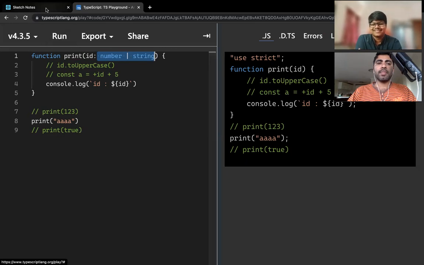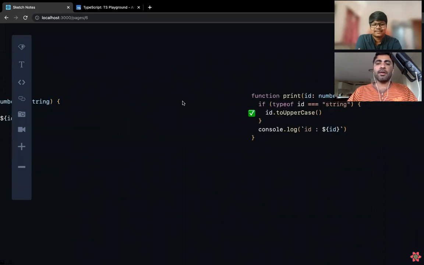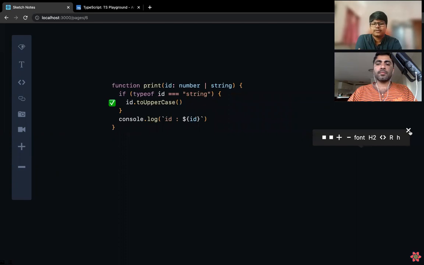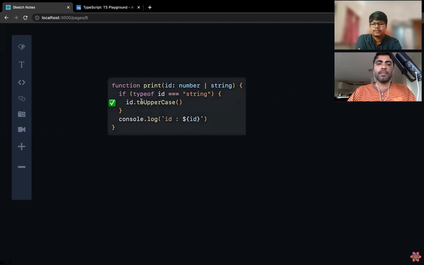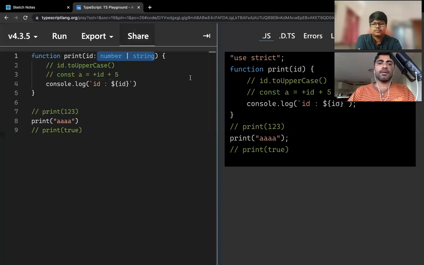But if you want to apply something specific to a type, here in this TypeScript example, we can check the type of ID. If it is a string, then call this string-specific function.